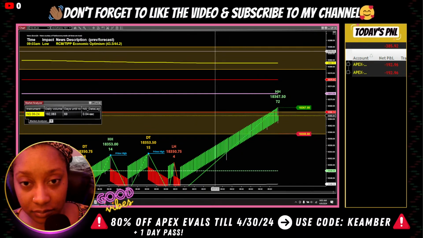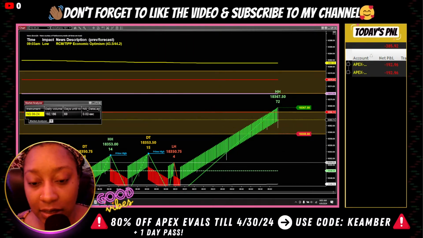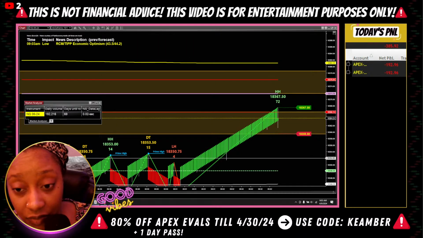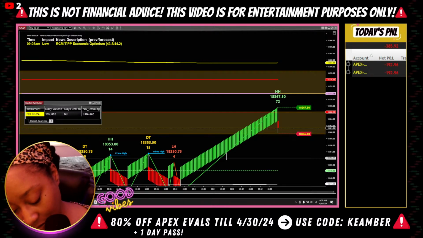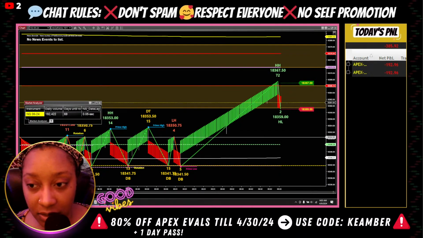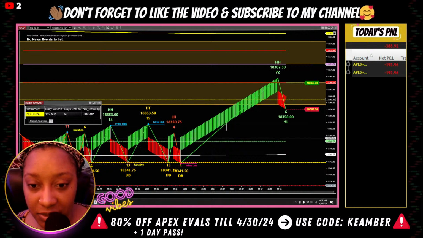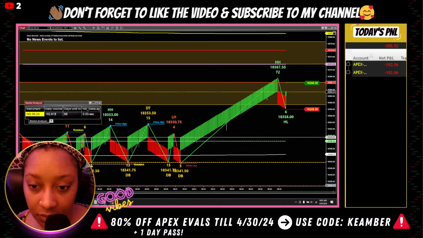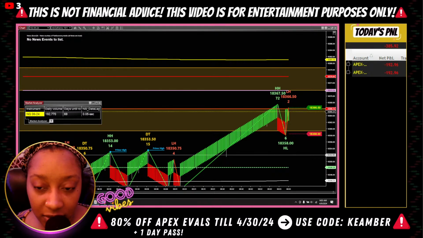I'm down right now. Only took 2 trades. They both lost in the same exact way. So, I have a feeling that I know exactly why they lost. Once the market slows down a little bit, I am going to start looking at those particular variables, because I'm quite sure I know exactly why they lost.